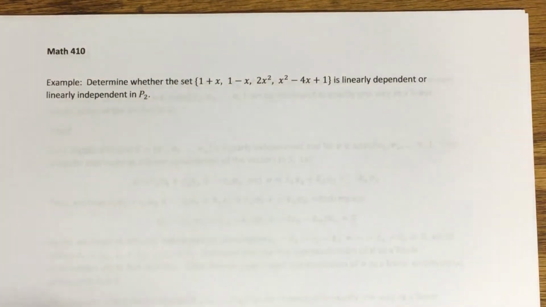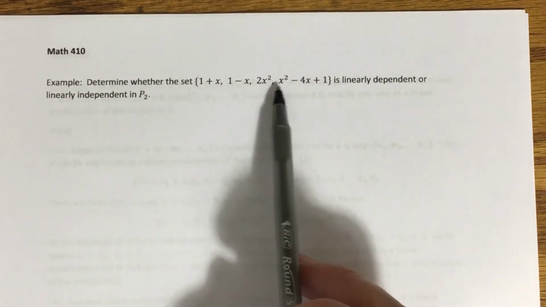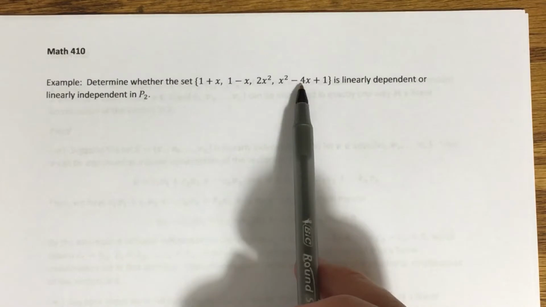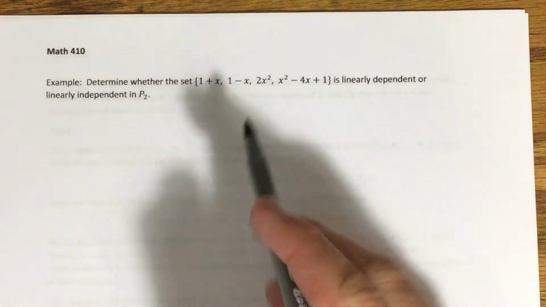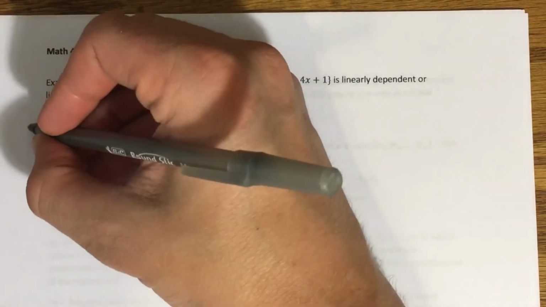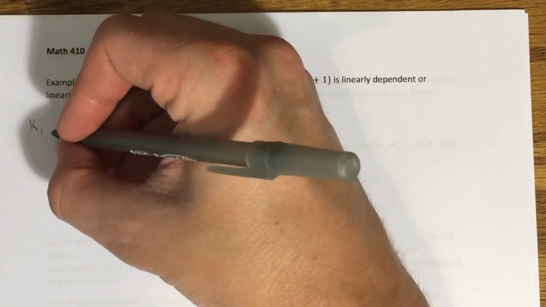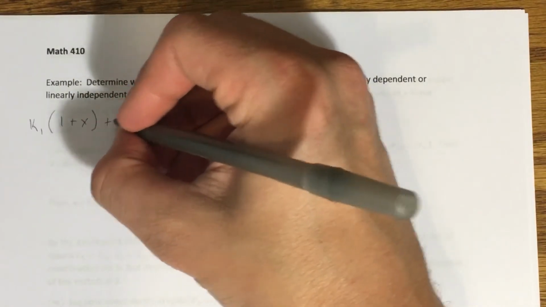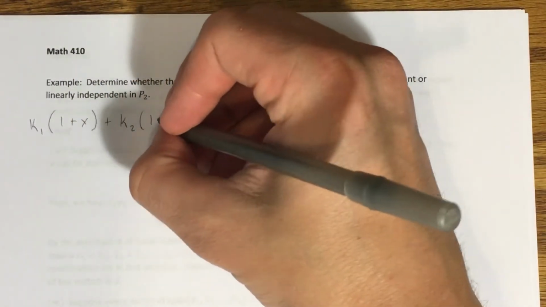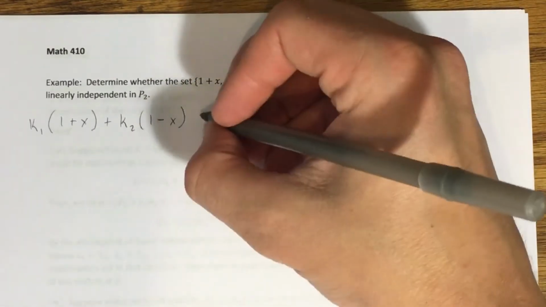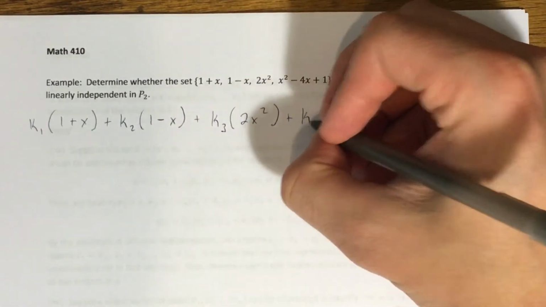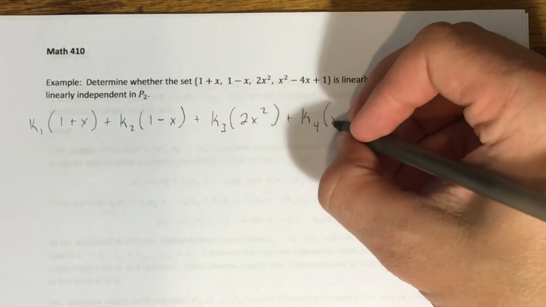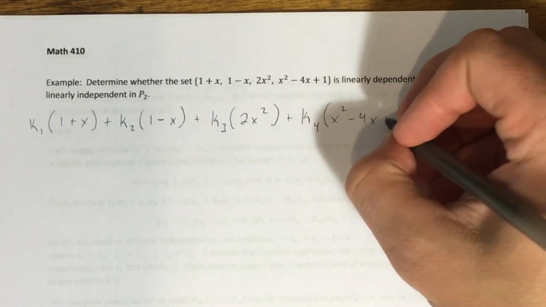So this one, I'm going to have a lot harder of a time trying to guess constants if this turns out to be linearly dependent, or guess scalars for that matter, like I did in our first example. So I'm not going to try and guess scalars that would make this equal to 0. I'm just going to make a general linear combination, k1 times 1 plus x plus k2 times 1 minus x plus k3 times 2x squared plus k4 times x squared minus 4x plus 1 equals